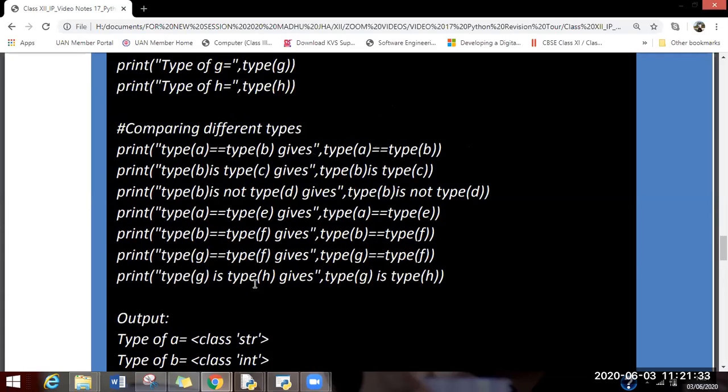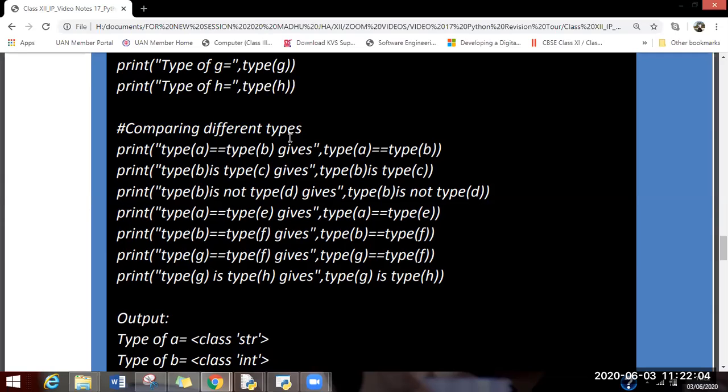So remember students, how will you create a single element tuple? A single element tuple can always be created by placing a comma after the first element. If you don't place a comma, what will happen? The element will not be treated as a tuple, rather it will be treated as an integer value, or suppose you have placed a decimal value, it will be treated as a decimal value, so it will be treated as a numeric type.